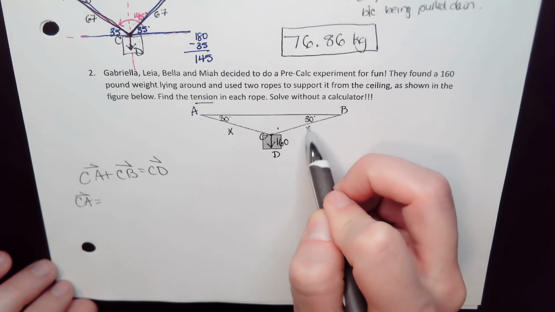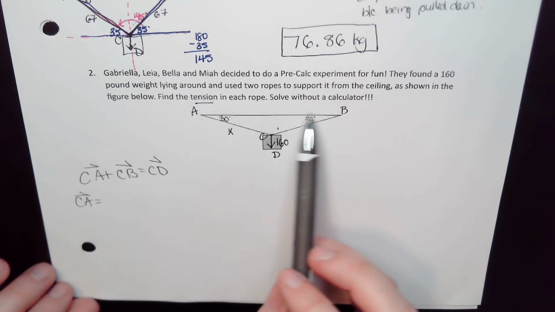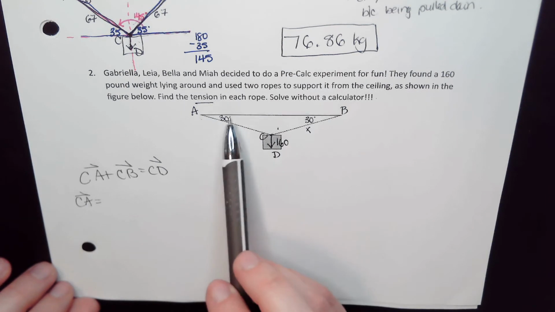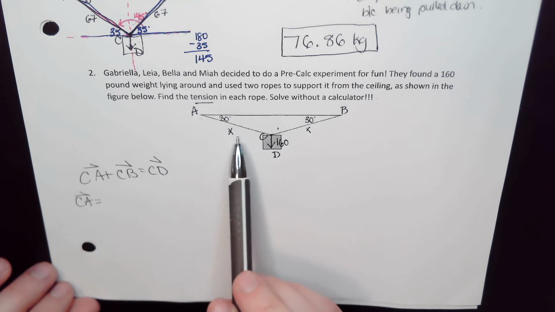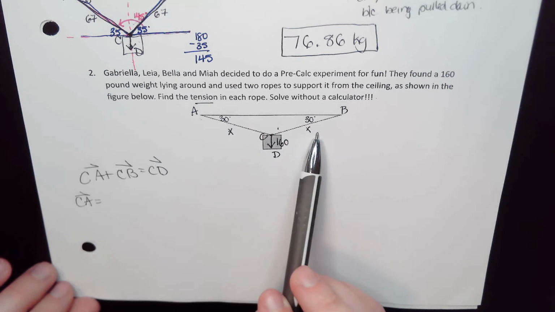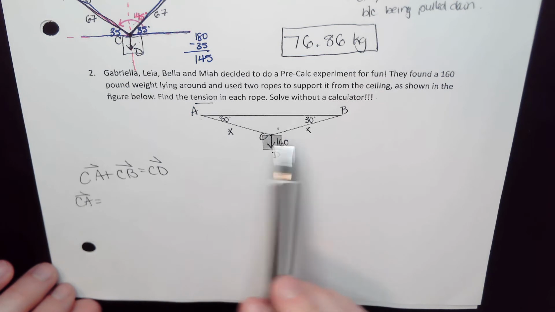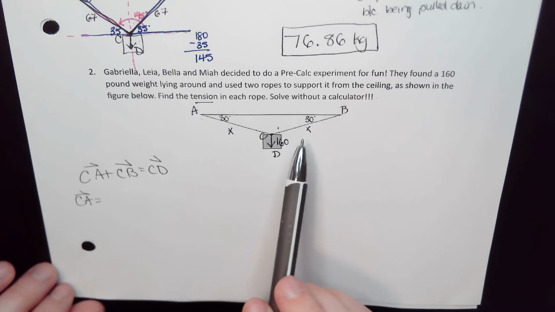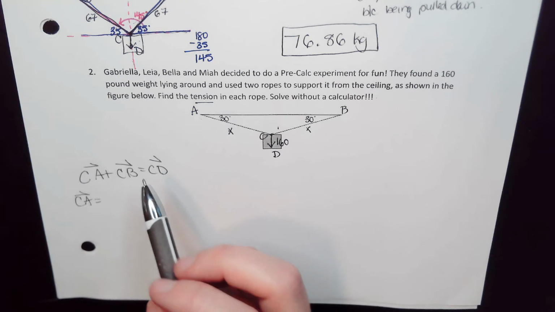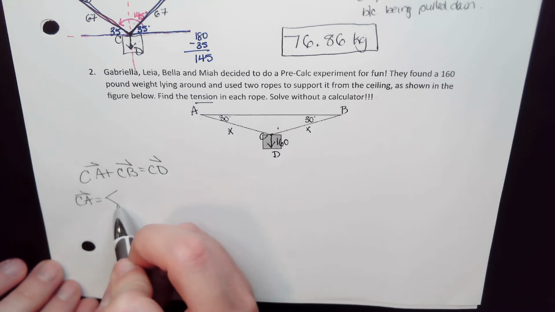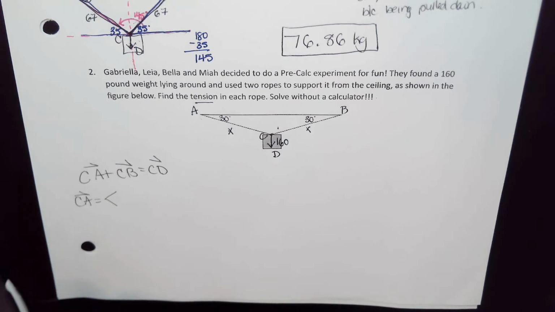And since we know this is an isosceles triangle, since both angles are 30 degrees, we know that they're going to have the same tension in each of them. So that makes it a little bit easier. The next ones we'll talk about have two different variables in them. All right, so again, if it helps, you can go ahead and draw in